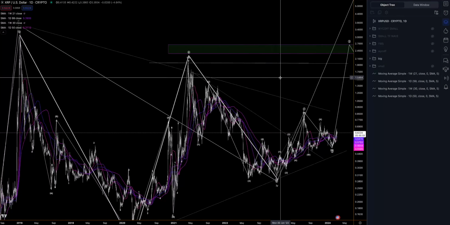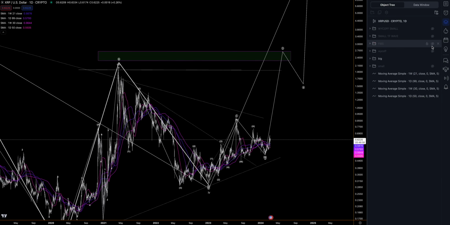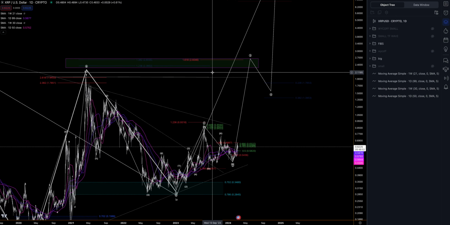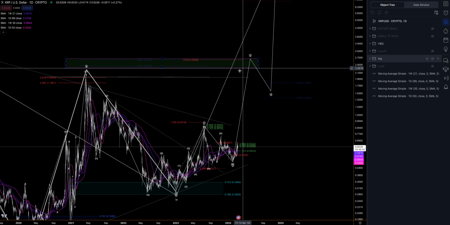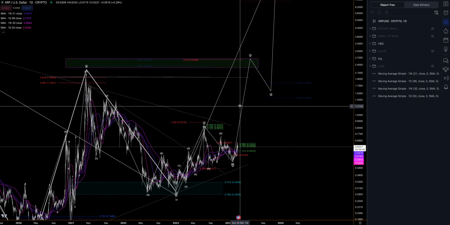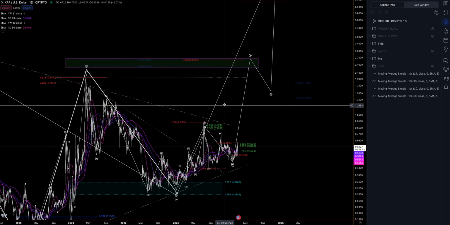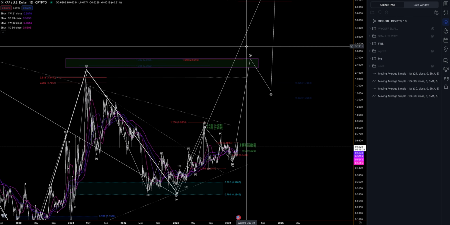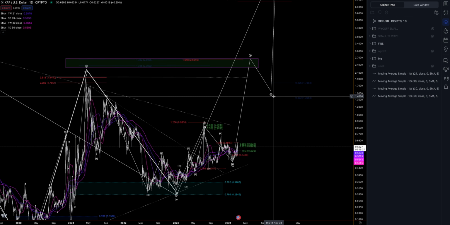Okay, now I think it's going to take out this high over here. Right, it's going to take out this high, go to around $2.30, $2.60. There's going to be a resistance along the way from $1.10 to $1.70. So there's going to be $1.10, $1.30, $1.70. Go above this high, sweep this buy side liquidity, and then you're going to come down and creak down to